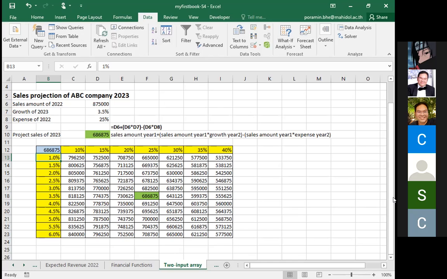Okay, so in this one, for the two-input-array table, do you have any questions, ครับ? You have to practice, นะครับ, otherwise you may choose the row input cell or the column input cell wrongly, นะครับ. All right, okay, if you don't have any questions, นะครับ,